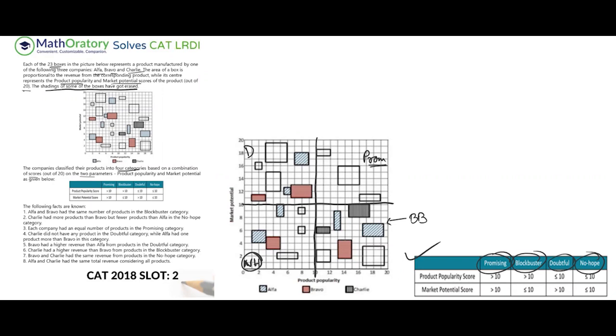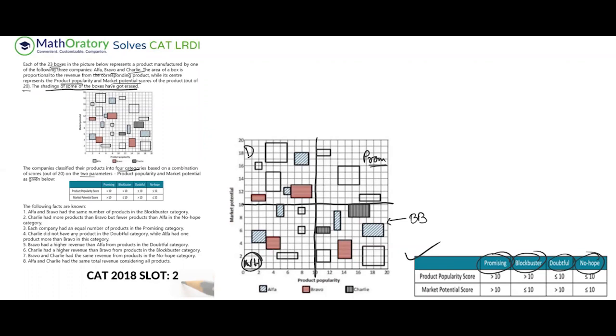But the only challenge is when you are actually solving this in a CAT paper, it's not very efficient to redraw this particular thing once again, right? And you're looking at this on a computer screen, so you can't draw this 10-10 line. So try to visualize without drawing the 10-10 line. For the explanation purpose, I'll keep that, but you should be able to visualize without drawing the x equal to 10 and y equal to 10 line. The quadrant should be visible. So be a little careful. So that part I was initially talking about, a little time consumption.